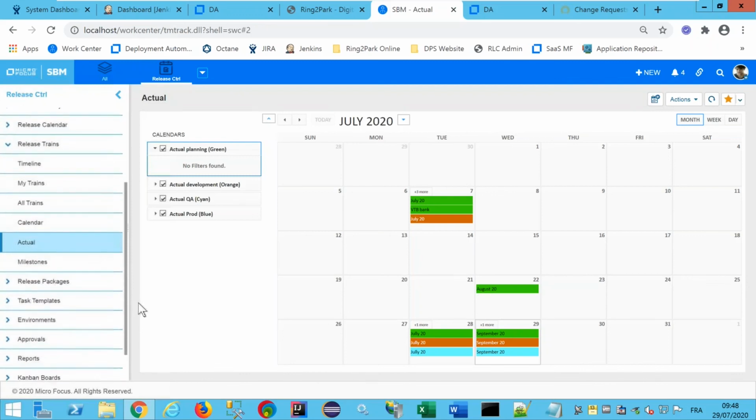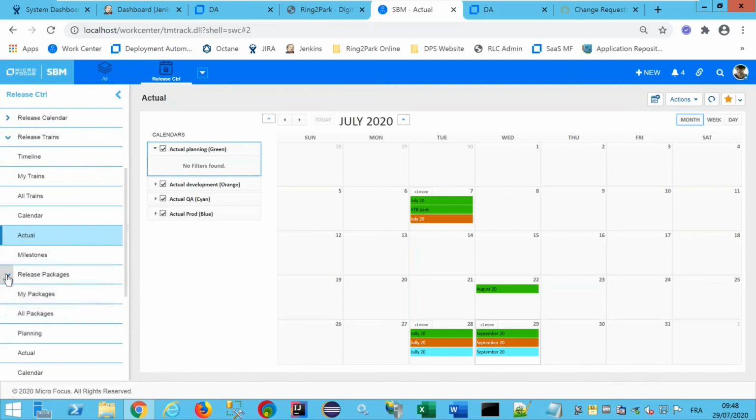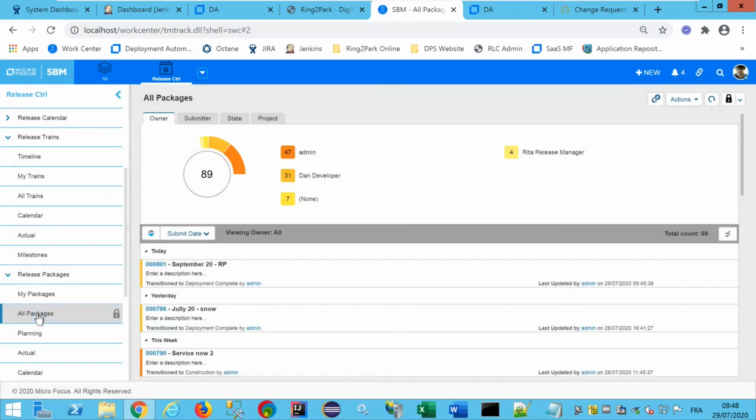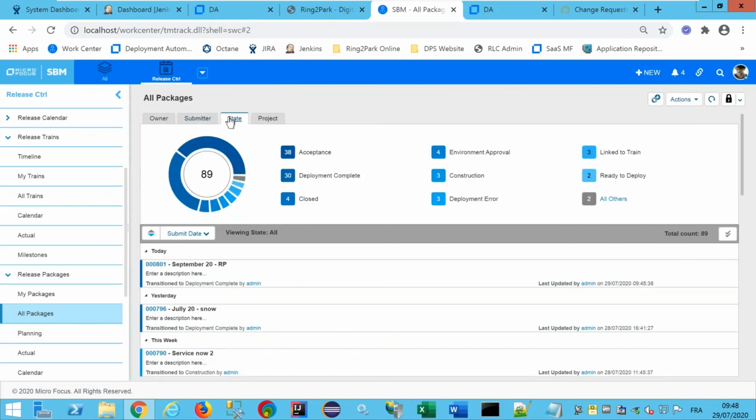So we have the same kind of information for release packages, which are the elements belonging to the train, and you can filter by owner, you can filter by state, just to have visibility about all the releases you want to deploy using release control.